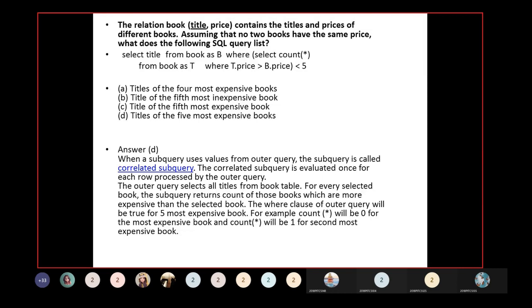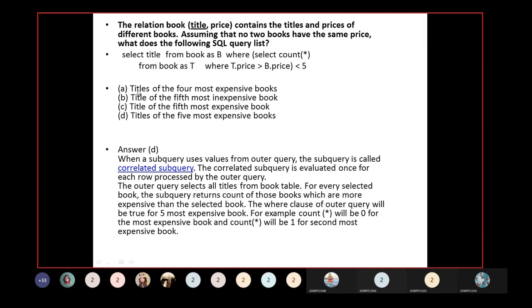Okay, they gave select the title from the book as B. B is the alias of the book, where the select count asterisk from the book as T, where T dot price greater than B dot price is less than 5.